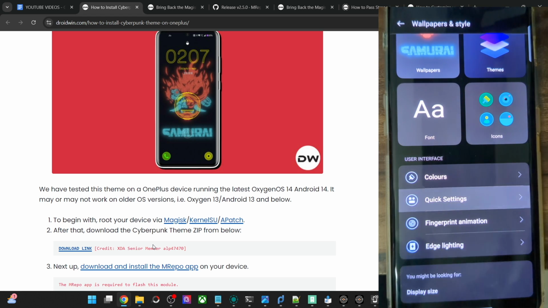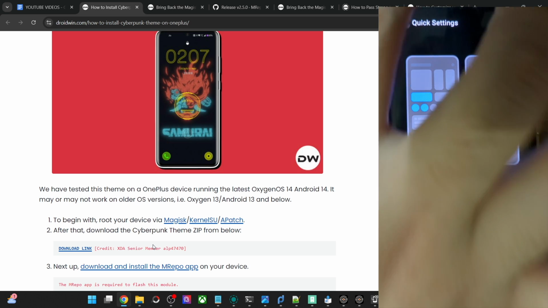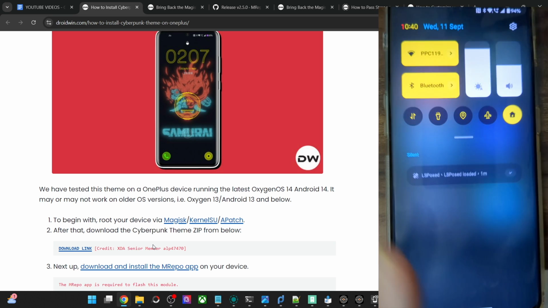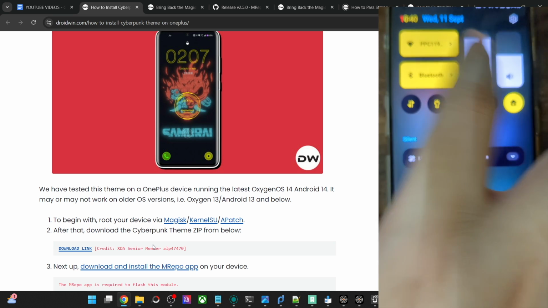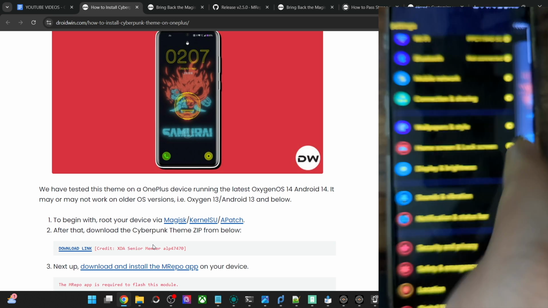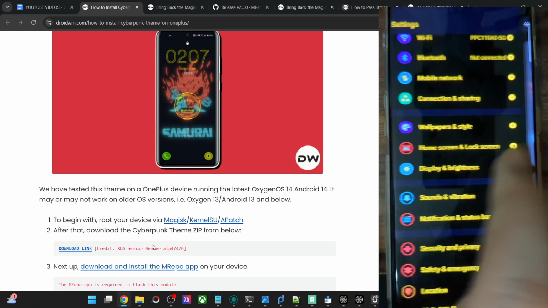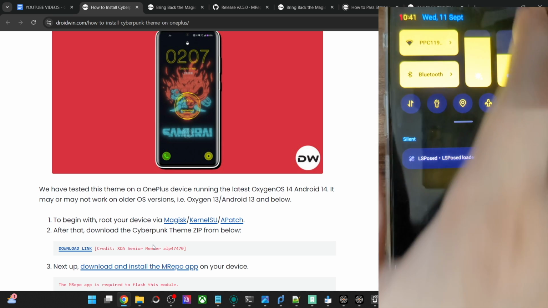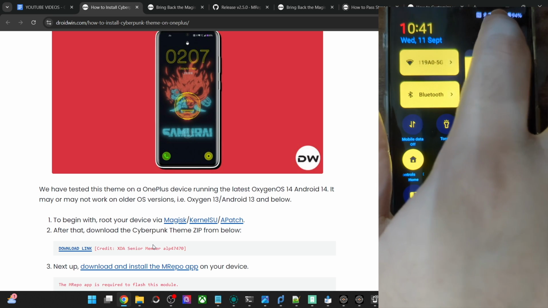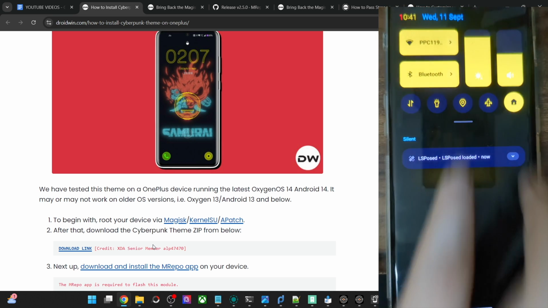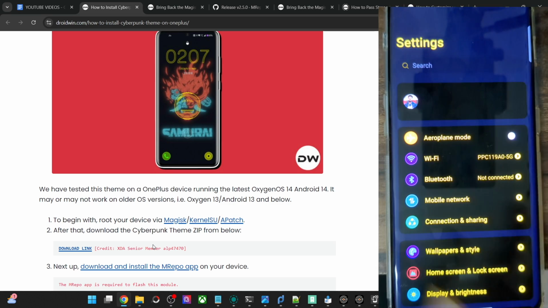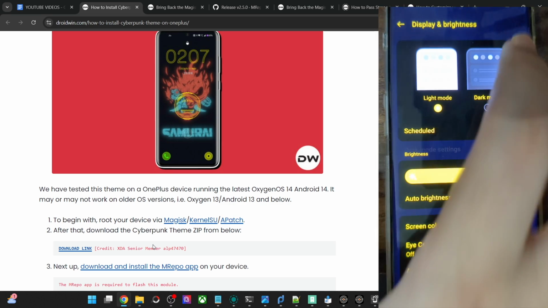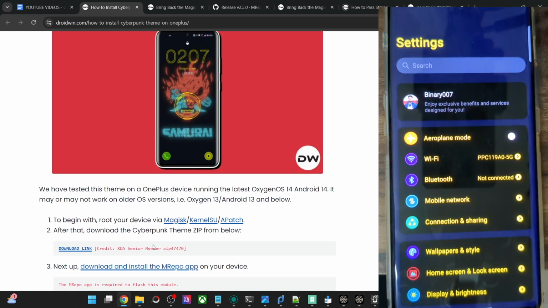And then you may change the colors of the QS tiles and change the icons as well if you want. But if you are going with the default cyberpunk theme, then it will be yellow in color, and these two will be white in color. Simply change it to light mode, and then you will get the yellow in color as well. But as I have told you, the settings icon will be non-visible. Likewise, your name will not be shown here. So for that, you again have to go to the dark mode, and the issue will then be rectified. As you could see now, it's rectified.